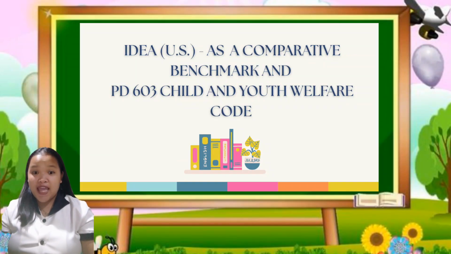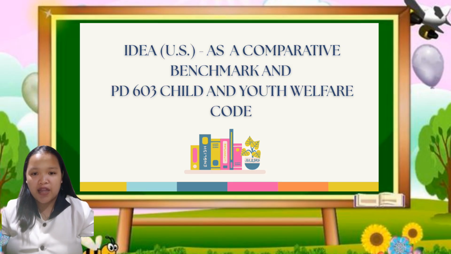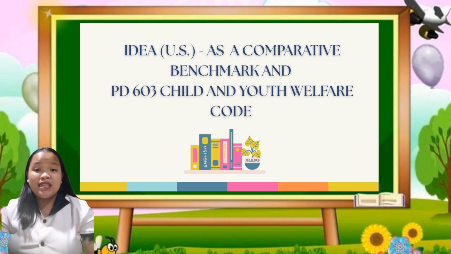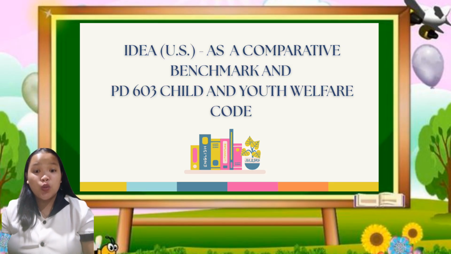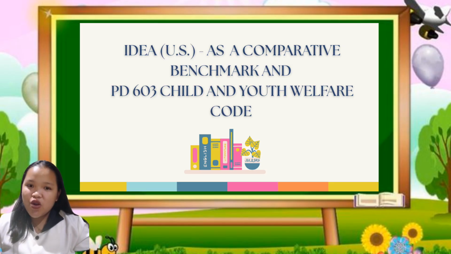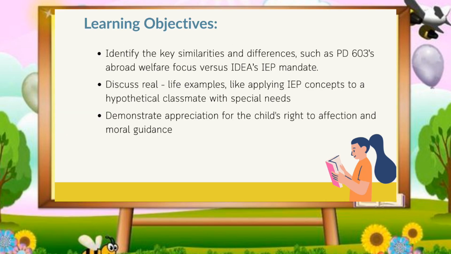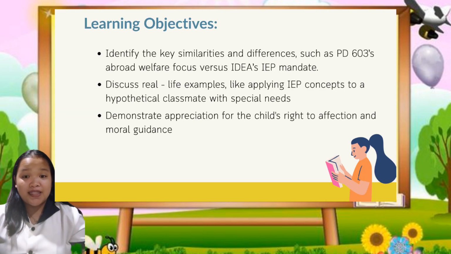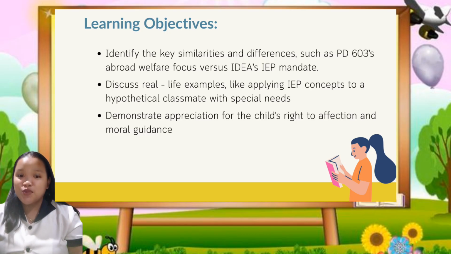Alvinia, and today we will be talking about IDEA in the US as a comparative benchmark and also PD number 603, the Child and Youth Welfare Code. Later on, we will be talking about these laws. And now let's proceed to our objectives. Our objectives in this class, by the end of the lesson, the students will be able to